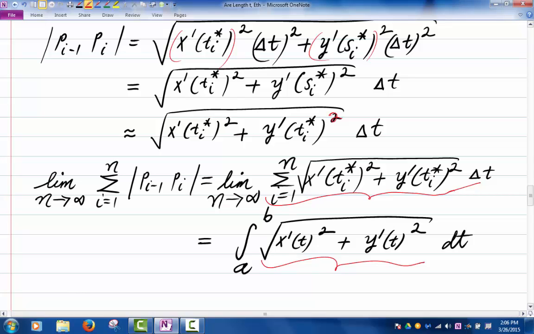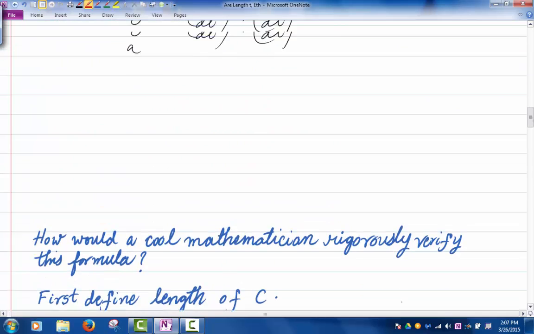A little bit more painful to make it more precise, but it could be done. The main idea is that I have to have a definition of what I mean by the length, and then once I have a definition, I have to work out the definition and come up with a formula for the distance or the length. So finally, all you want to remember now is that